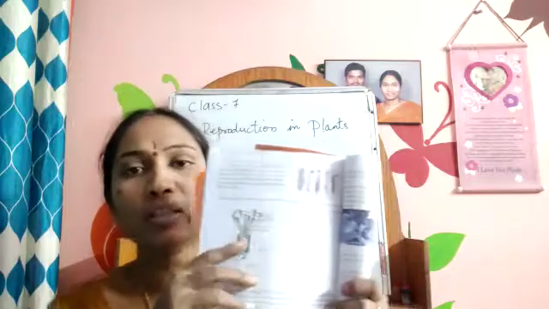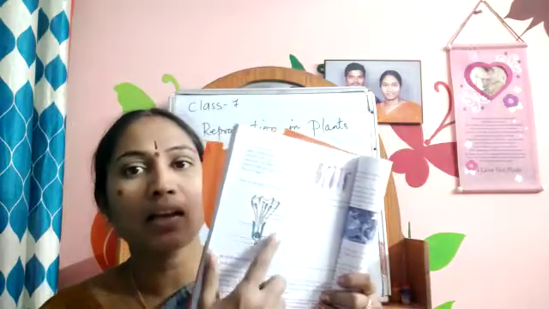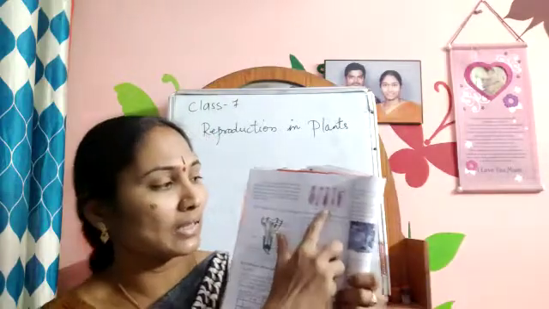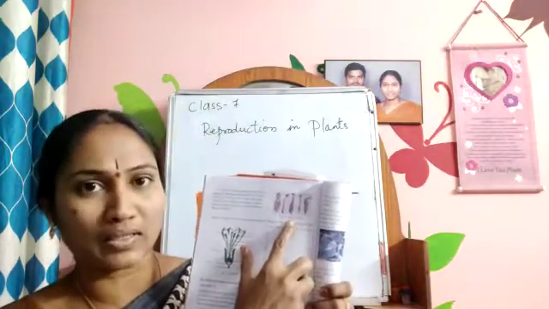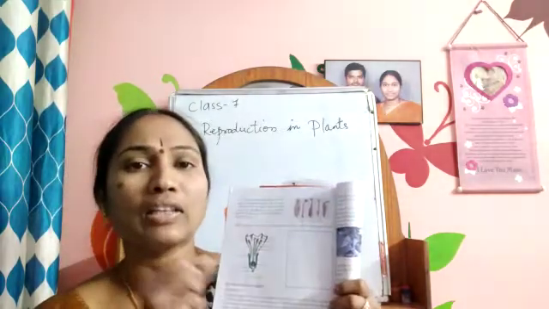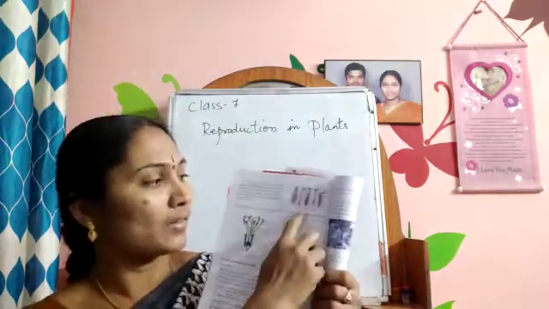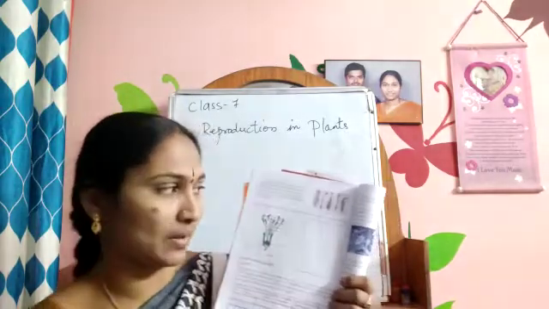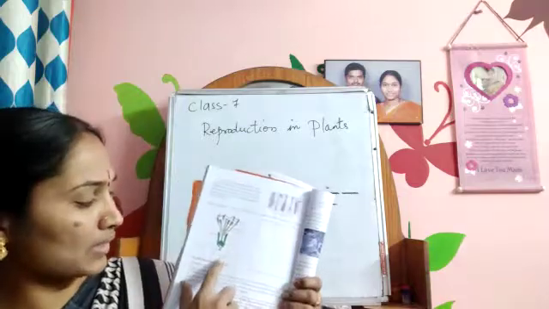So when you are drawing the picture, label the parts and make sure that you learn it without seeing also. As well as at the same time, draw the types of pistils. This also you have to draw as a diagram, because each pistil is having a different shape. Then it may come in the exam also to draw the types of pistils. So practice the types of pistils and floral parts.